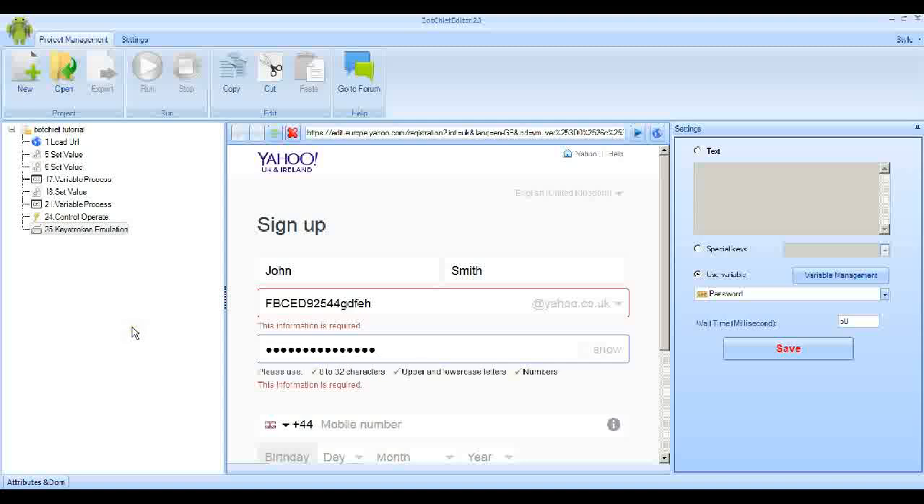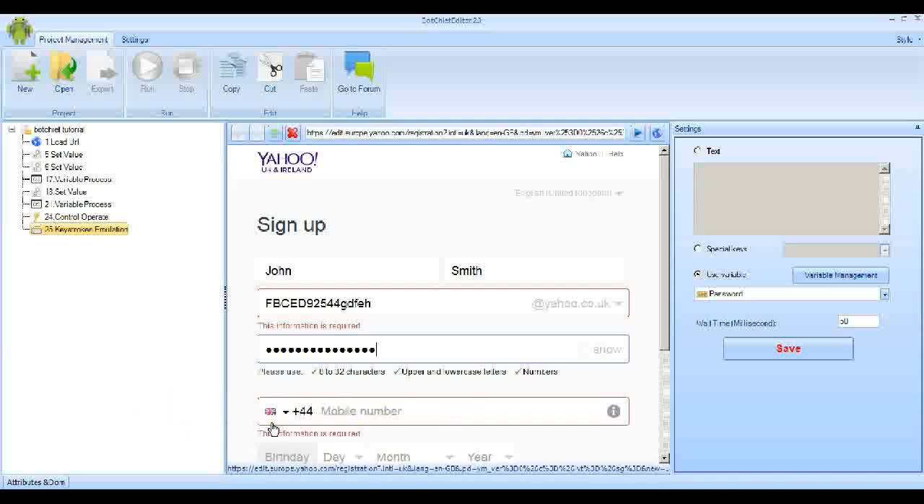There it goes, typing it in, and of course it's obfuscated because it's a password, and we've got success again here. Now the next item is the mobile number. I'm just going to hard code a number in there, so it'll just type it in, and so we don't really need to choose the country code, but I'm going to just show you the way Botchief works, and I'm just going to select the country code as part of this